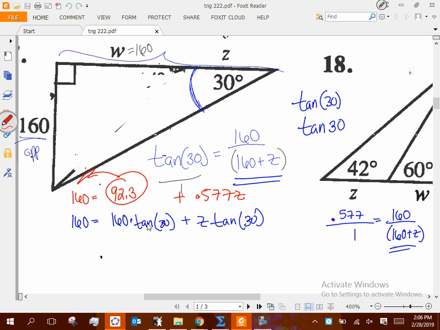They're the same equation, so don't they get solved the exact same way? Okay, so I'm going to subtract 160 tangent 30 from both sides. Now when I do that, on the left-hand side,